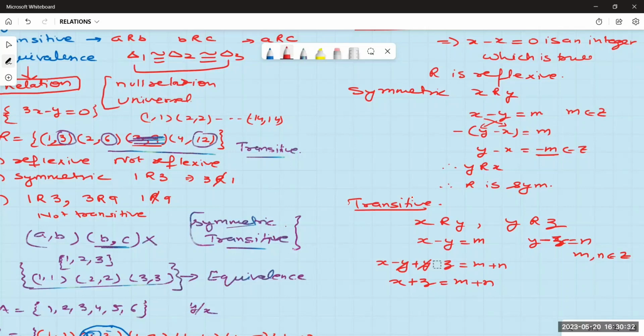थैंक यू। बोल माइनस ही रही थी, वो ध्यान नहीं दिया। राइट, और m प्लस n क्या हुआ? इंटीजर ना। यस मैम। देयरफॉर x इज रिलेटेड टू z, देयरफॉर R इज ट्रांजिटिव।